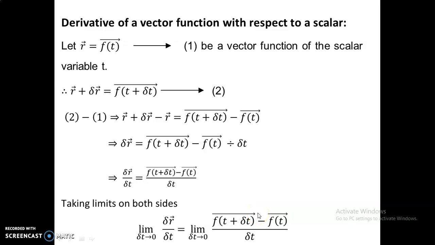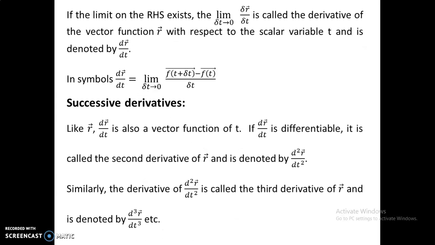Then this limit of delta r by delta t as delta t approaches 0 can be taken as dr by dt. So if the limit of the right hand side exists, then the limit of the left hand side, that is the limit of delta r by delta t as delta t approaches 0, is